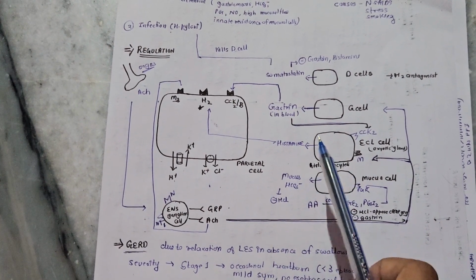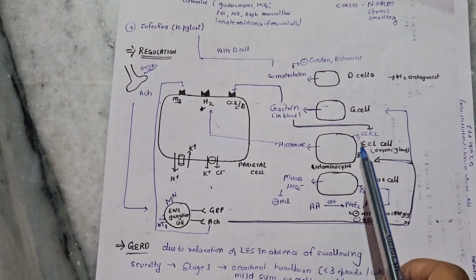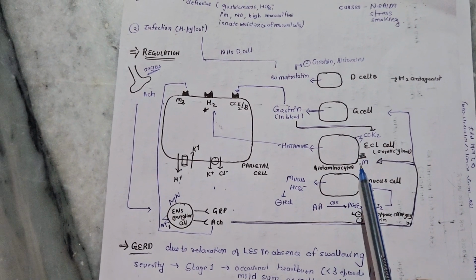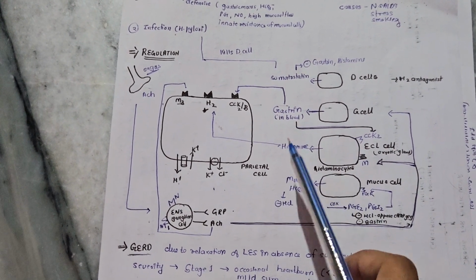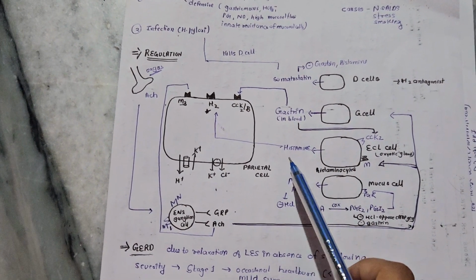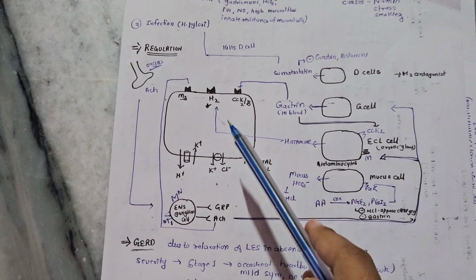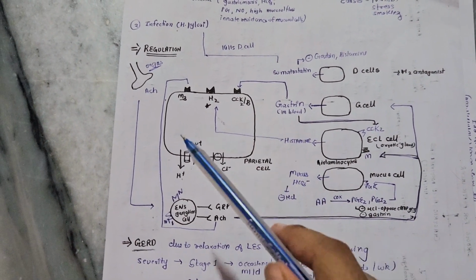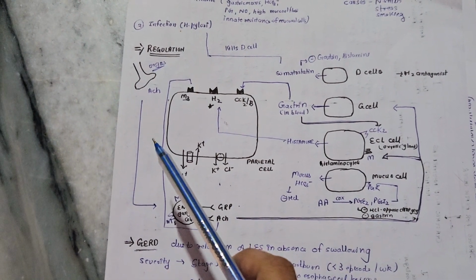Now, the ECL or enterochromaffin-like cells also contain muscarinic receptors. They mainly release histamine. They contain histamine granules and release histamine, which activates the H2 receptor. Now, whenever we eat food, it